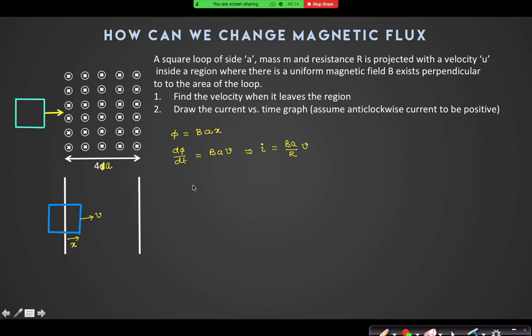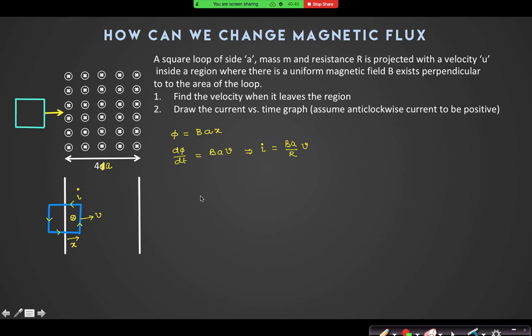You can see at this instant what the direction of the induced current is. If I see from the top, upward, anti-clockwise. Look, the flux is increasing, so the downward magnetic field is increasing. In order to oppose the increase of the downward magnetic field, the current should be like this, yes or no? Yes, sir. Can everyone relate this with Lenz's law?